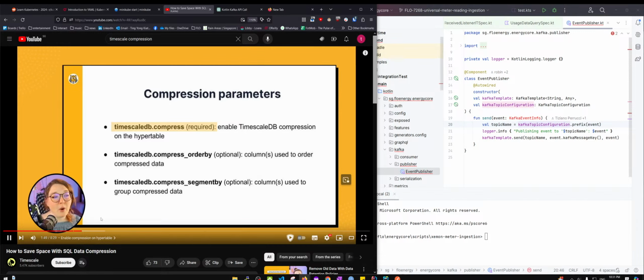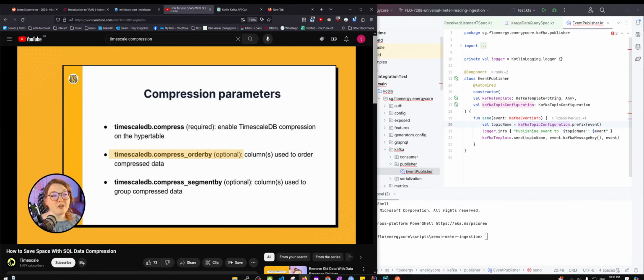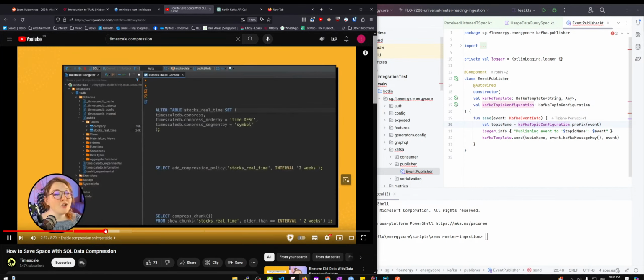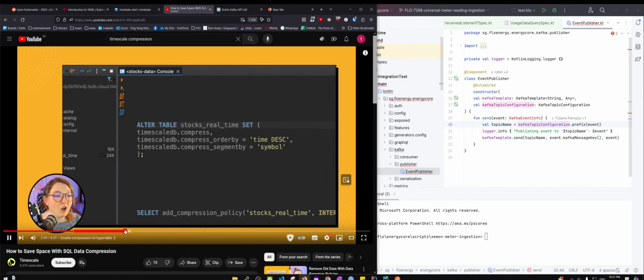Timescaledb.compress, which is required, and this enables compression on the hypertable. Then we have timescaledb.compress_orderby, which are columns that are used to order. So since we likely want to query our stocks table based on compression like this, so we want to